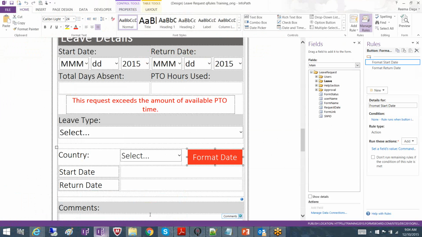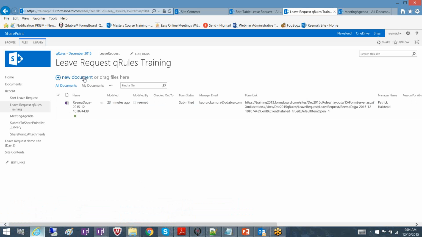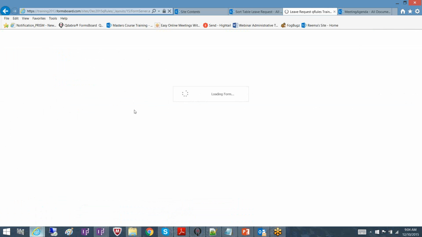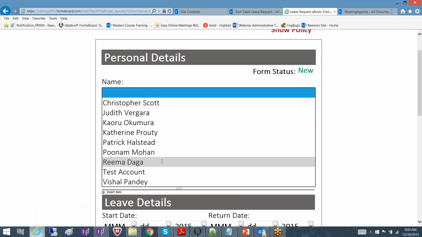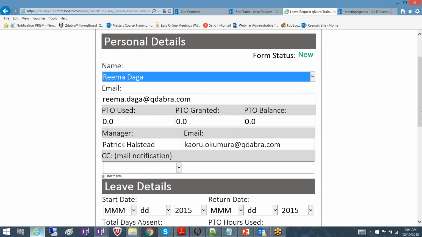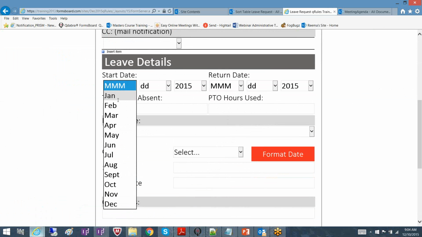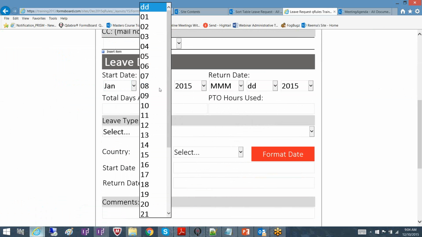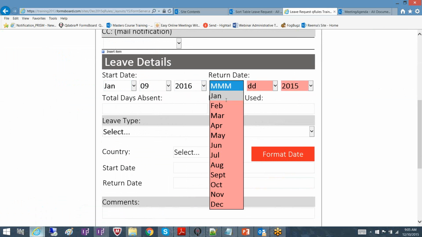So here is my leave request, and let me open a new document. Okay, cool. Great. So here, when I fill this form, I'm going to see. Now when I select the month as January 9th, 2016,